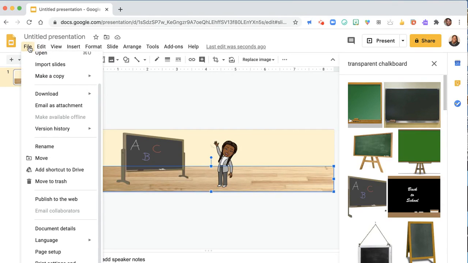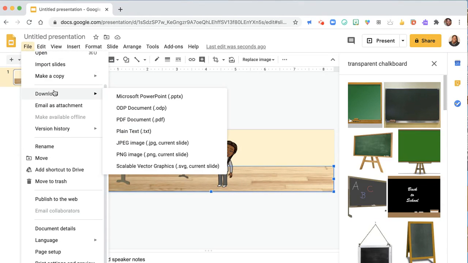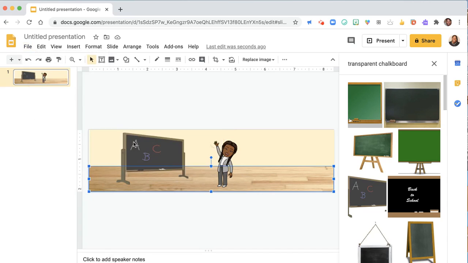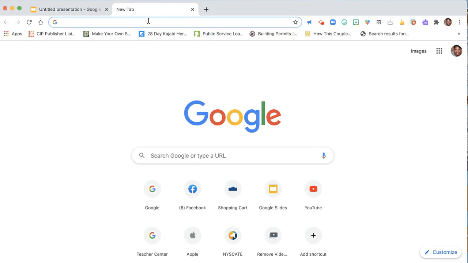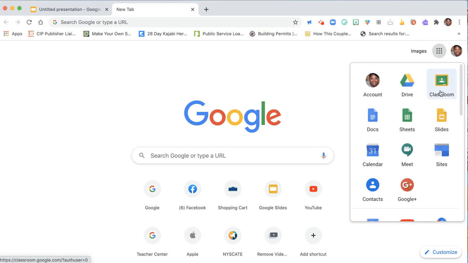Now I'm going to download this as a JPEG. Now that it is saved as a JPEG, I can open up a Google Classroom. So I'll go back to Classroom,